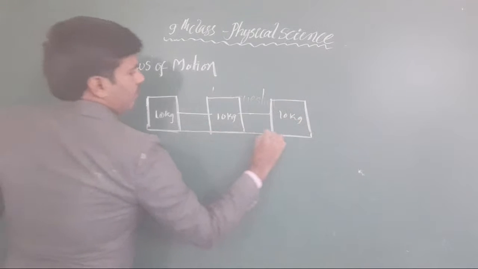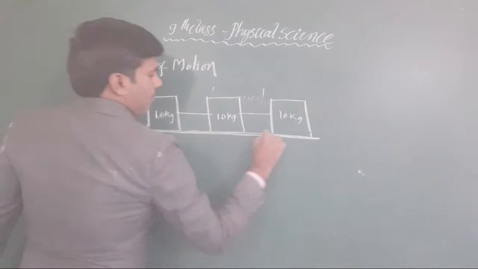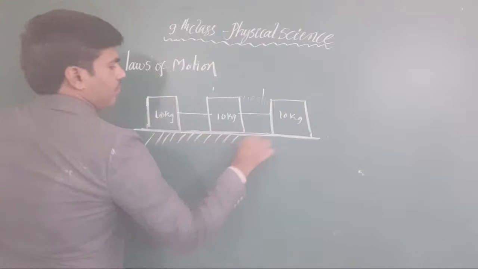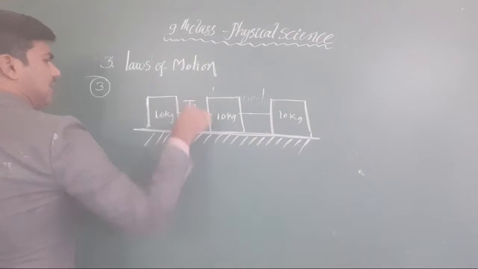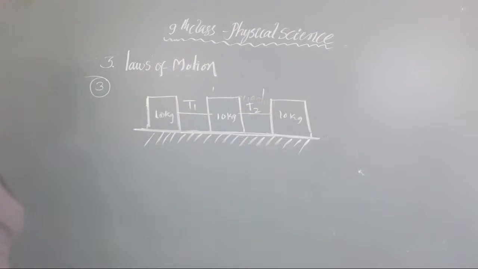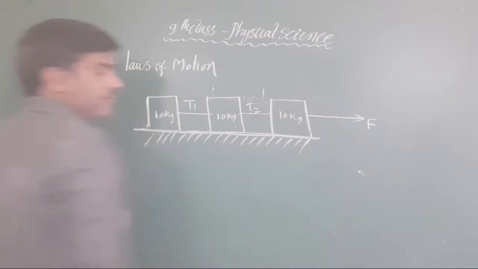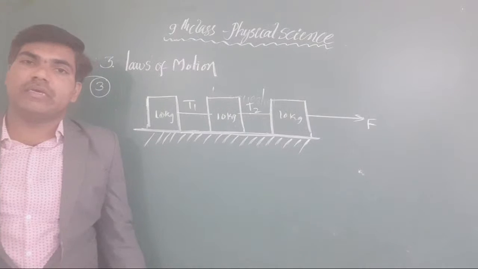When we take it like this, here there is the tension T1, and the tension here we take as T2. Now when we apply force here, got it or not? What are they actually asking? 3 identical blocks, each mass